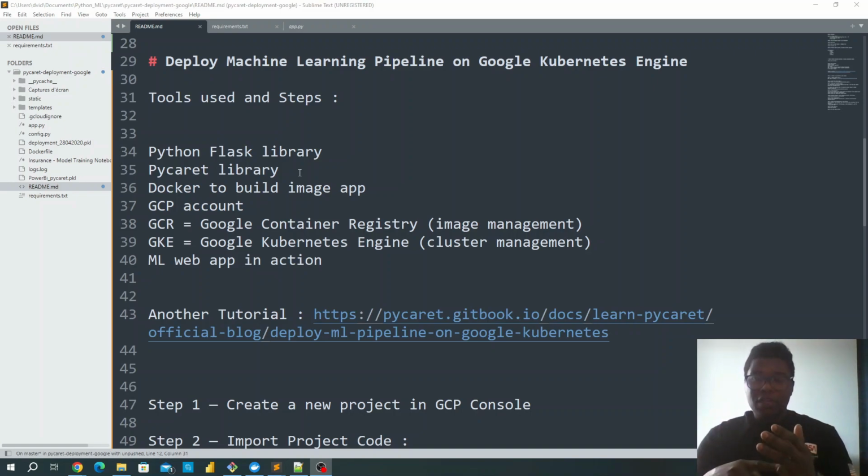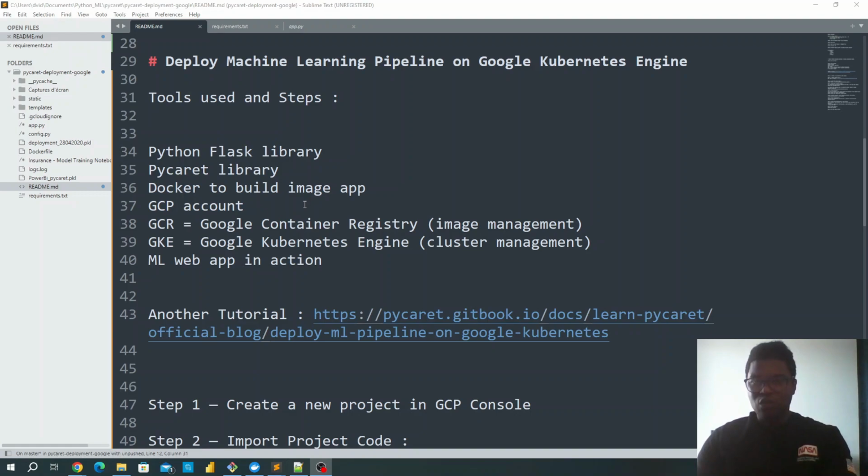You have pre-processing of data, splitting data. You have to train the model, evaluate the model, make predictions, save the model. All these steps are automatic, already configured. You only need to provide the data and a target feature, and then the magic of PyCaret does all these steps. We also need Docker to build our Docker image, as you know, and we need a